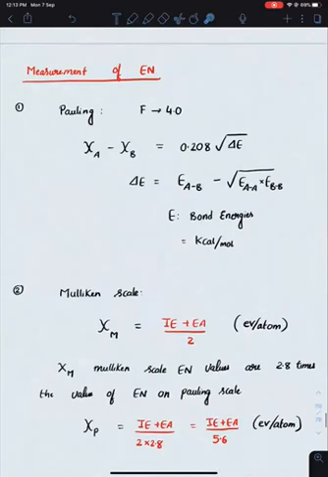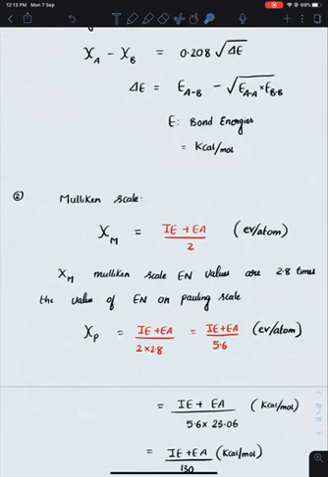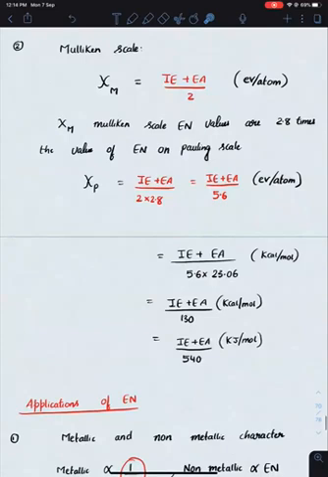No need to remember this particular formula, not so important, but you need to remember the electronegativity on Millikan scale, which is (IE plus EA) upon 2. Remember, you need to substitute the value of ionization energy and electron affinity in electron volt per atom. The values on Millikan scale are 2.8 times the values on Pauling scale. So if you want the value on Pauling scale, just divide the value of the Millikan scale by 2.8. And if you want to calculate in other units, you can do the conversions.